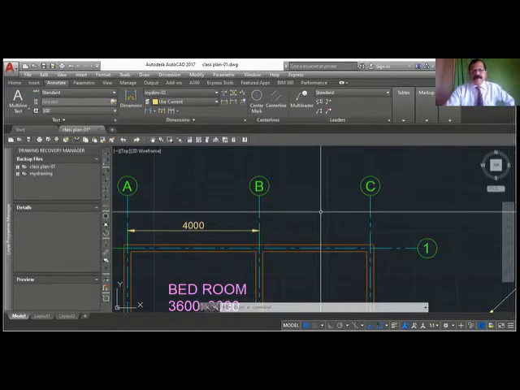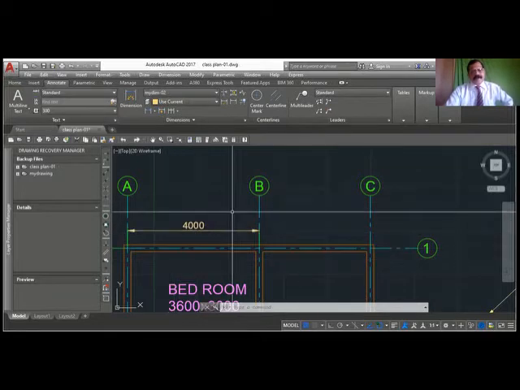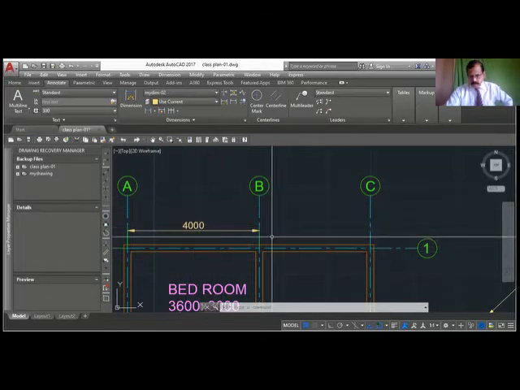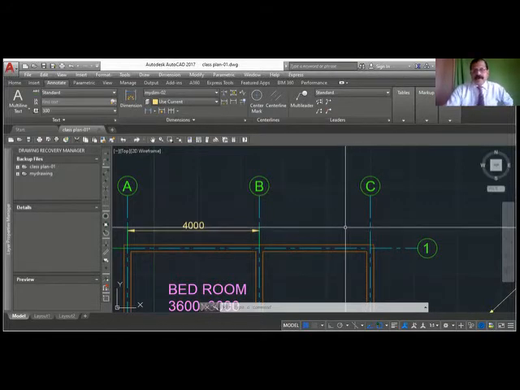So what are the steps? Dimlin, then show the first point, show the second point, then say T, enter, type the new value, enter, then you show the location. Okay, that's how you do it. You can correct this later also, but if you want to change it at that time itself, you can change the text value to whichever dimension you want.